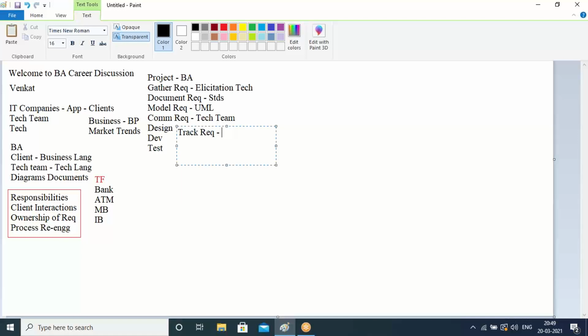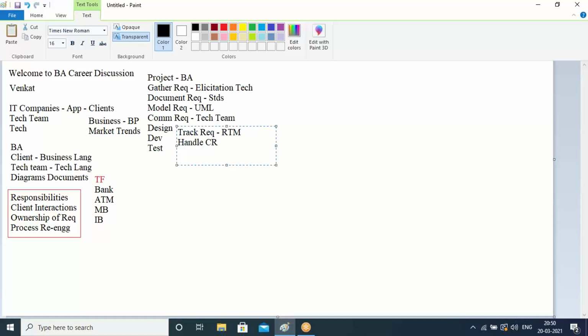It's just like a checklist. Yes, this is covered kind of thing. We have to ensure. And generally, we track requirements using an Excel sheet, and that Excel sheet we call it RTM, Requirements Traceability Matrix. Okay. And once the development starts, client always comes up with change requests, and as a business analyst, we handle